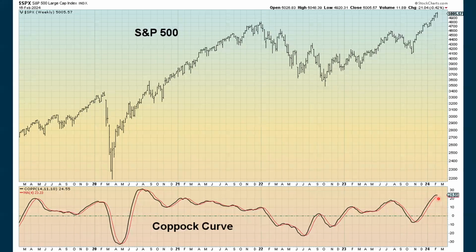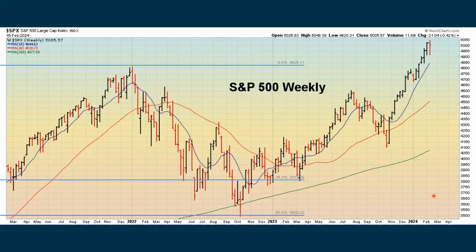The Coppock curve is rolling over a bit, but it's still above the moving average. That's still positive. You might make some kind of a case that we're getting into an extreme reading with the indicator. We're not really seeing anything here. These are longer terms. This is a 200-week moving average, and we have our other fib lines. As long as we stay above all these lines,